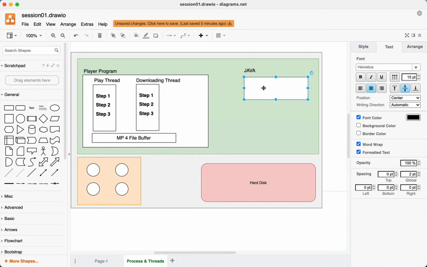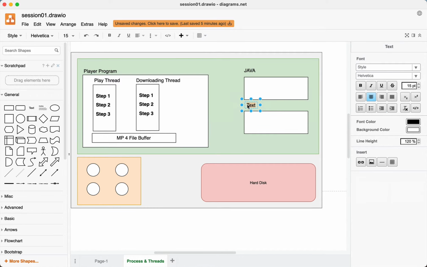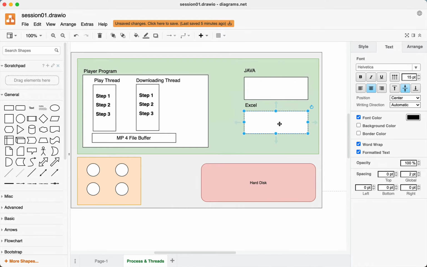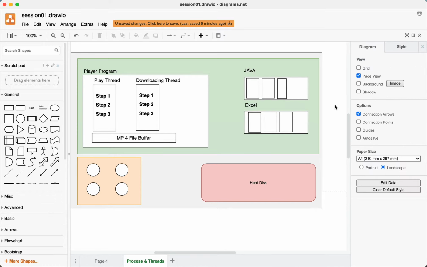And then perhaps I have another program running which is maybe MS Word, or Excel. Maybe Excel is running on my machine, and maybe some other programs as well. Each will have its own threads, not one but several threads. Excel is also a program. Internally, it may be creating threads in order to do things in parallel.